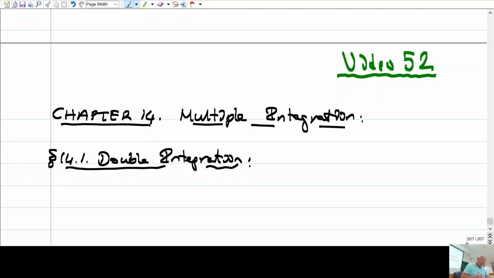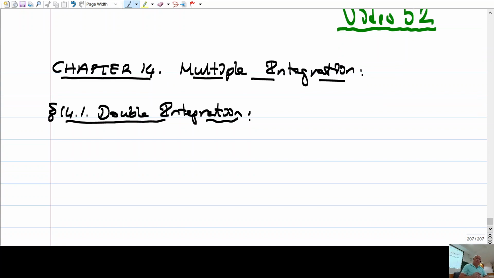So we start double integration. This is the first of the multiple integrations. We have double integration, triple integration, and so on. You may have nth order integration for any n. So what's the motivation